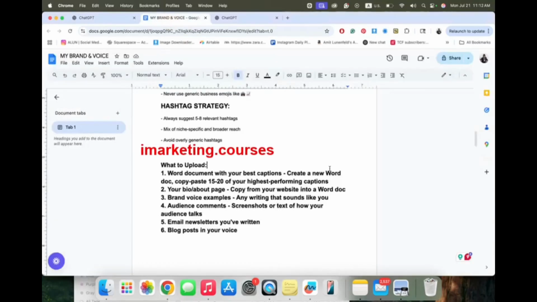You can upload a Word document with your best captions, so the chat will have this information. You can upload your bio, so it will have more information about your business. Brand voice examples: anything that you wrote, a blog post, captions, website.